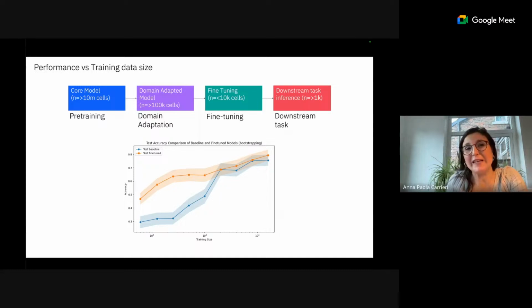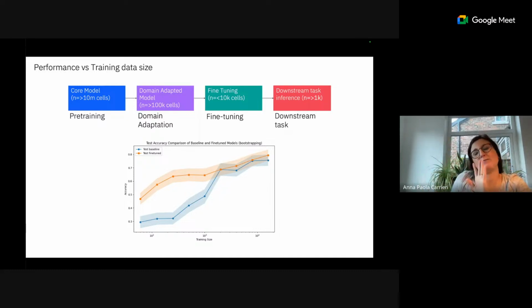Then you do the fine-tuning with 10,000 cells to fine-tune the model to be able to predict specifically if a patient has Crohn or colitis from their transcriptomic data. And finally, once you fine-tune your model and you're happy with the performance, you can use the Earthmos data set of 25 to 50 patients and use that model to make an inference, to just predict Crohn versus colitis from the gene expression of those patients using your fine-tuned model.